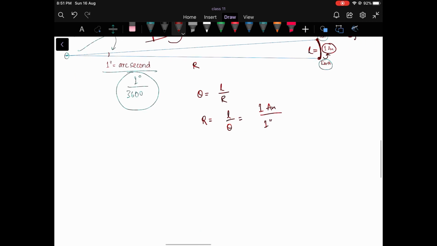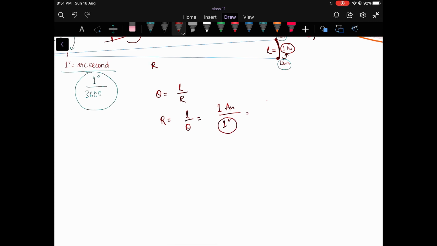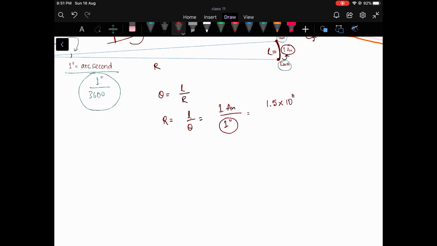But obviously, as you know, we cannot use arc seconds here, we have to convert into radians. So for 1 AU we are going to get approximately 1.5 into 10 to the power 11